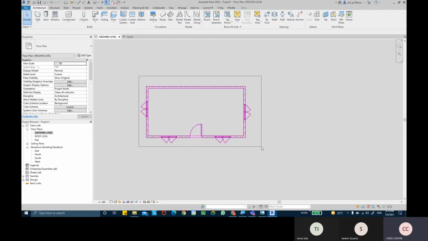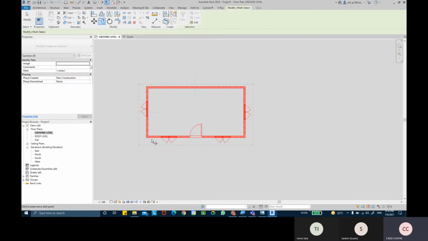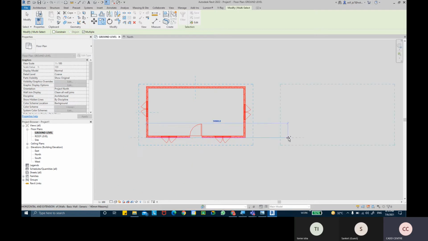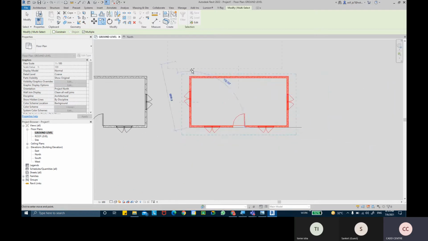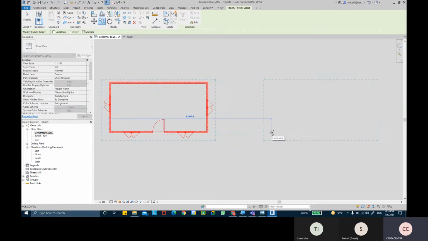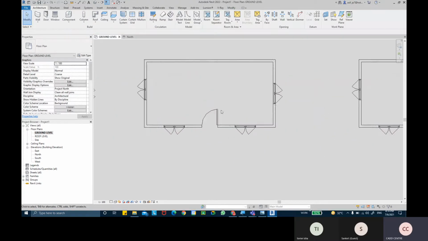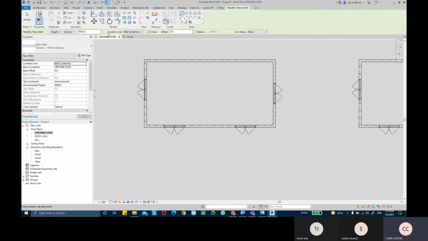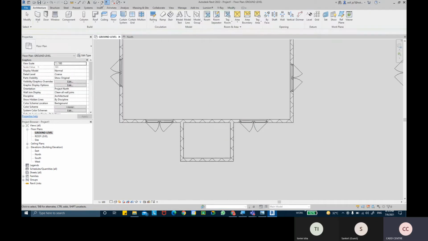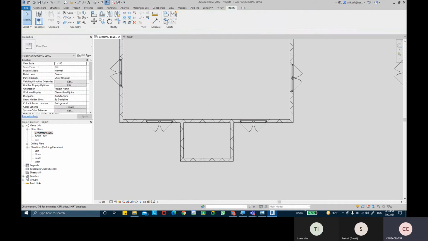Take a copy of this whole floor plan. And this time I'm going to slightly change this wall once again. Modify that.